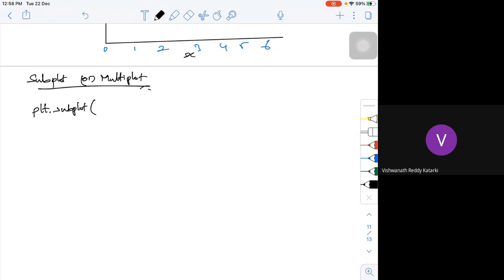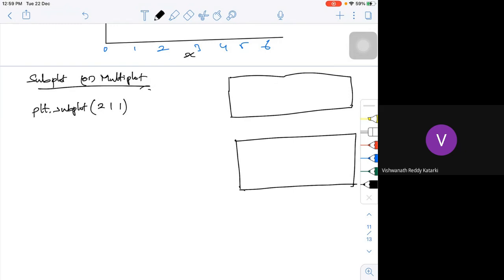How many plots do you want? Say I want to go with 2 plots. If I define 2, 1, 1, what do you mean by it actually? I am going to define it like this, so I'm going to get a plot like this.